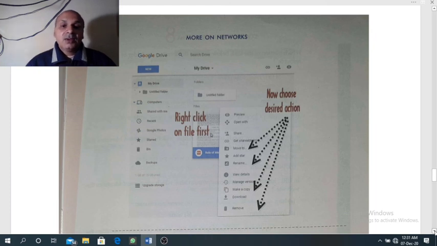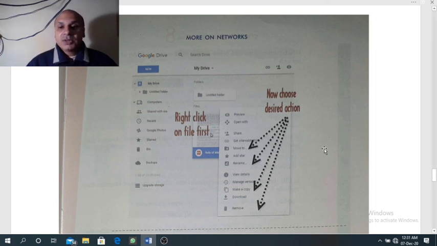Now you can access Google Drive not only using a laptop or desktop. Most of us have a smartphone with us, and the smartphones already use the Google ID. So actually all the Android phone users, they log in with their smartphone with their Gmail account. So the persons who have already logged in with their Gmail account, they can access Google Drive.